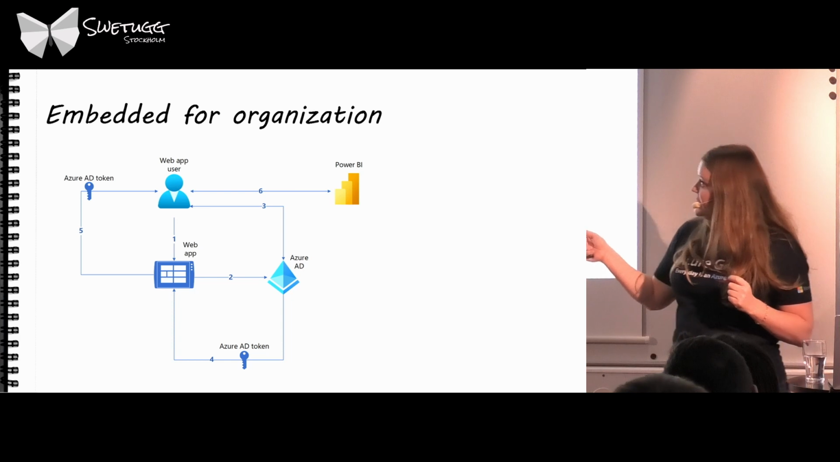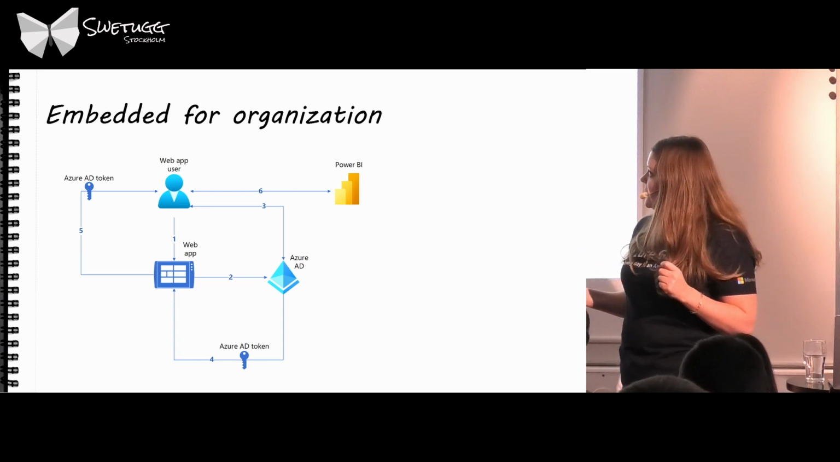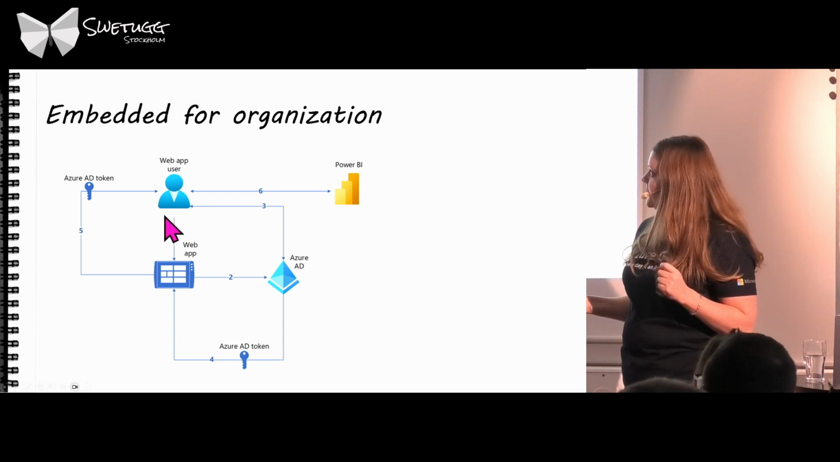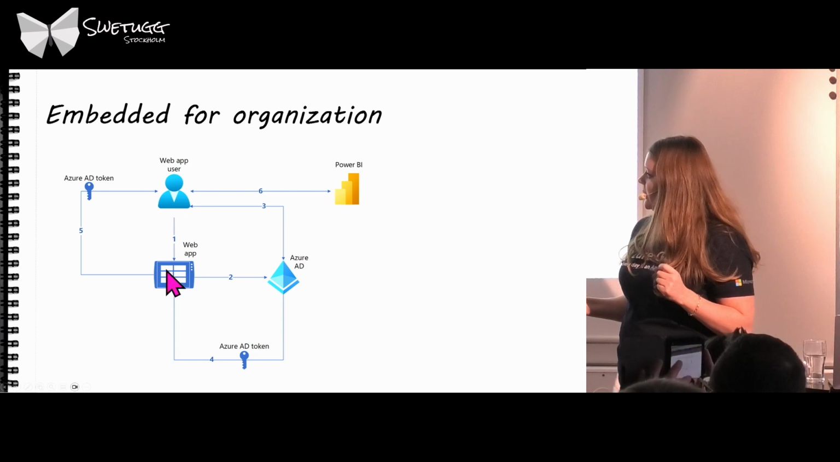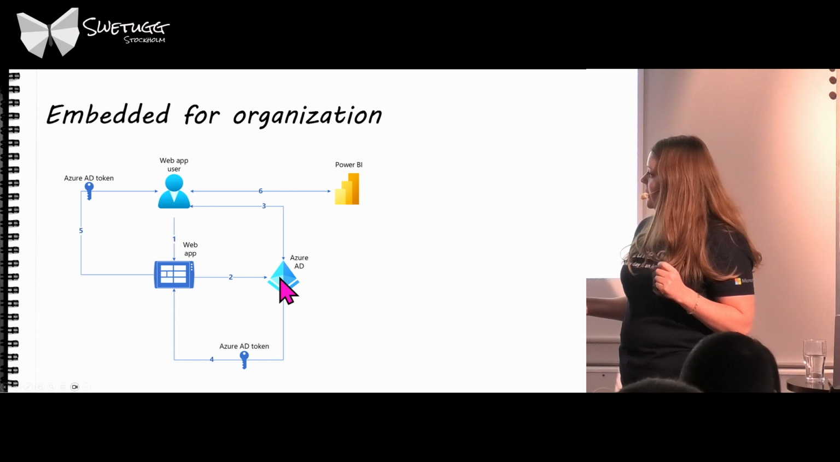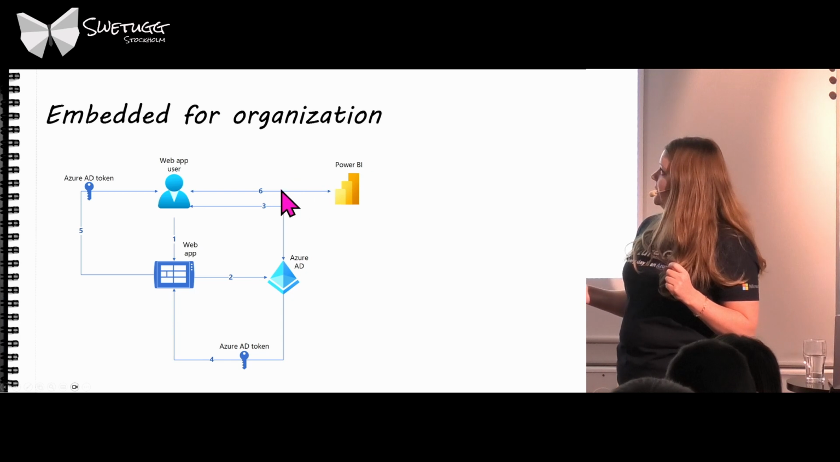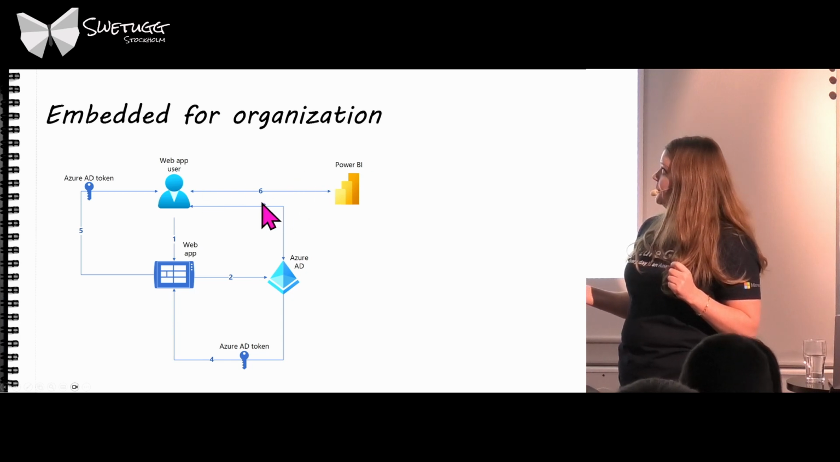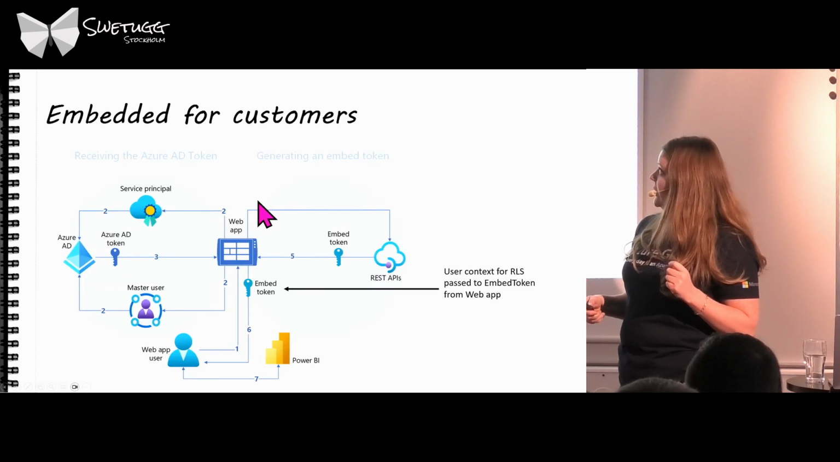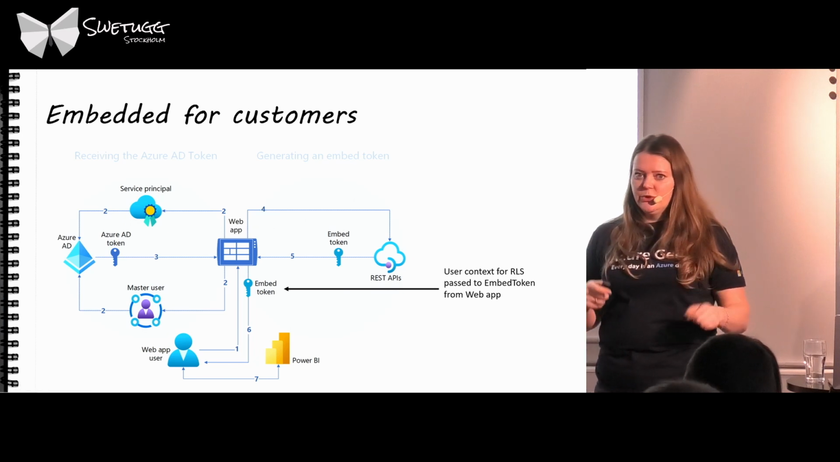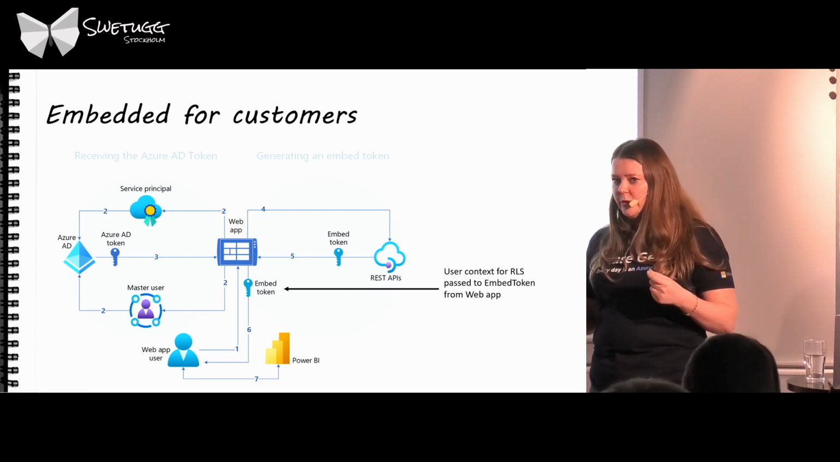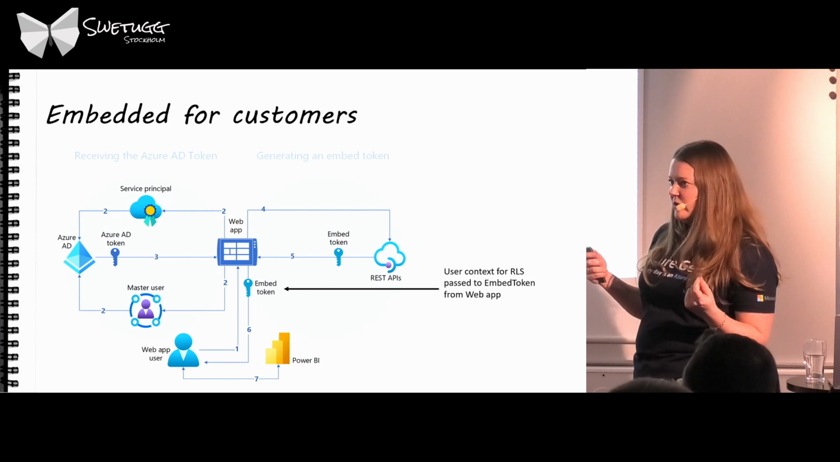When you embed for organization, as I mentioned, users log in using Azure Active Directory. You go to Azure Active Directory, get an Azure Active Directory token, and this token is used to embed your content from Power BI. When you embed for external users,